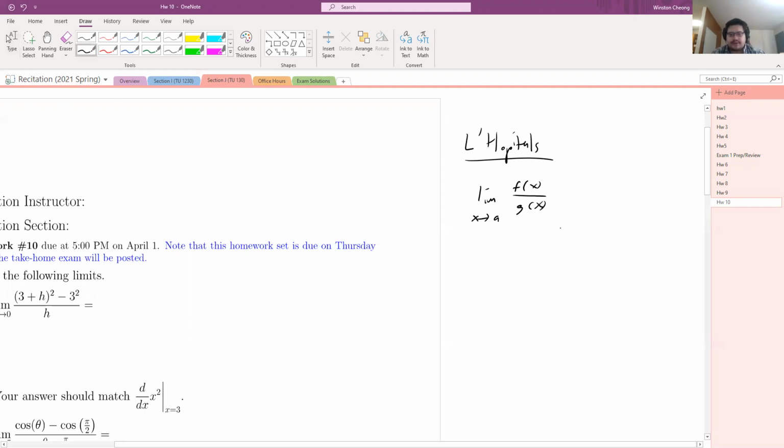The key thing is that if this is of the form 0 over 0 or infinity over infinity, when you naively plug in and try to calculate the limit, you have either of these two indeterminate forms, then L'Hopital's rule says that this limit is equal to the limit